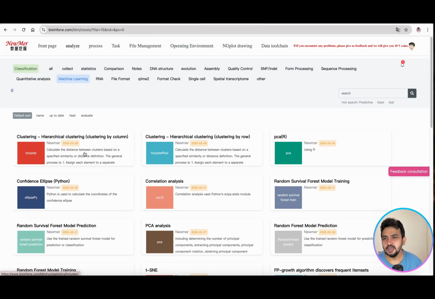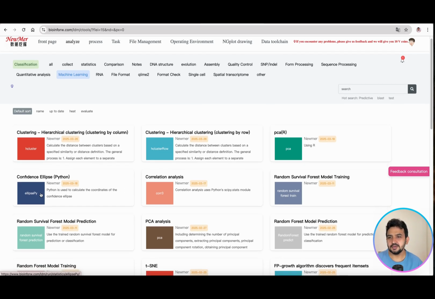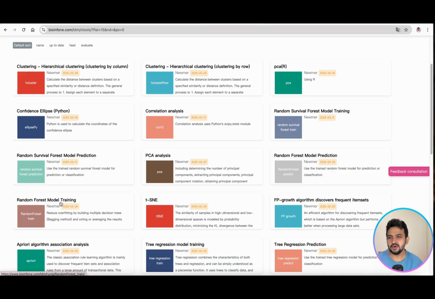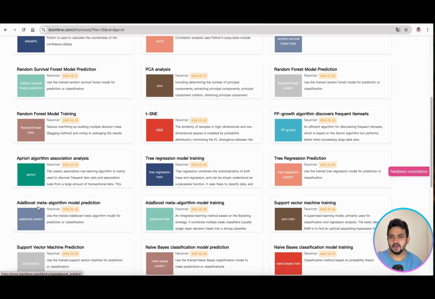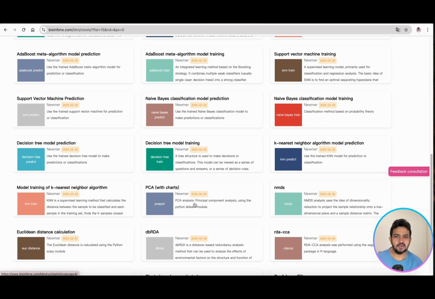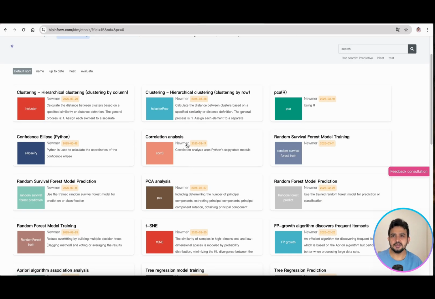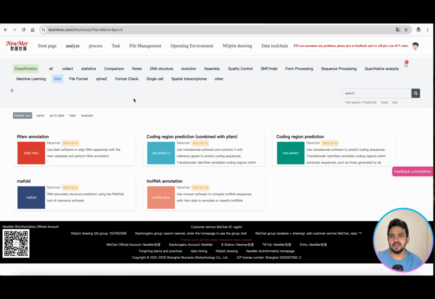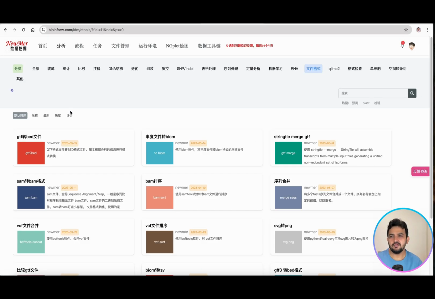And for machine learning, I think this would be interesting and really new for a few people. And here you can see we have clustering, and we have correlation, we have confidence ellipse in Python, then we have random forest model training, then we have boost meta algorithm training, and we have PCA clustering, k-means analysis, and many more. And if we look at RNA, you can see here we have RPFAM, and we have coding region, lncRNA, and coding region prediction. Then we have different options for format conversions,